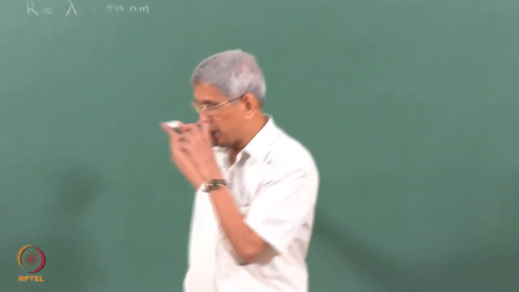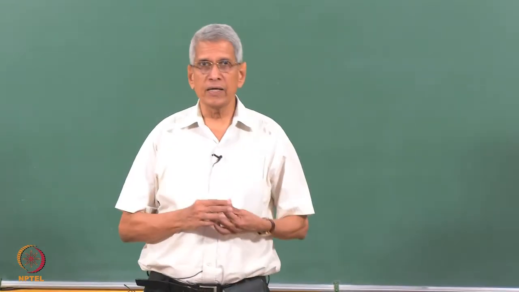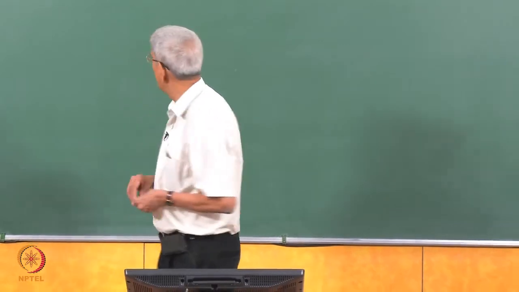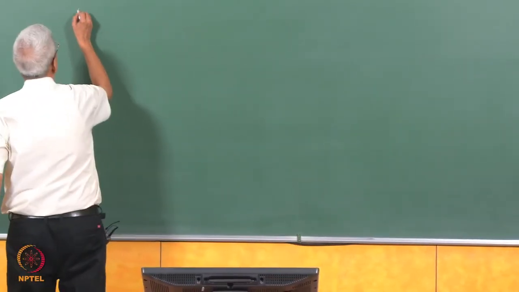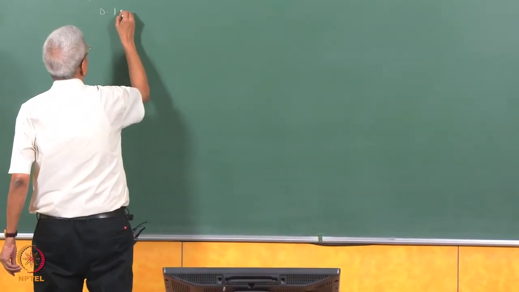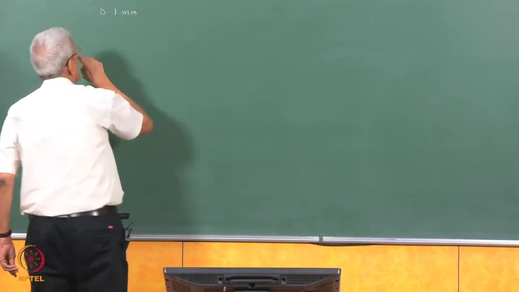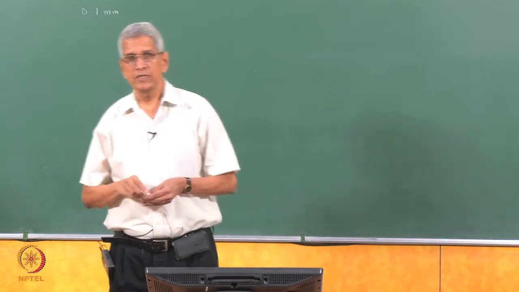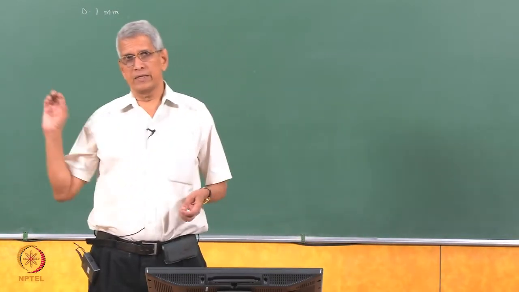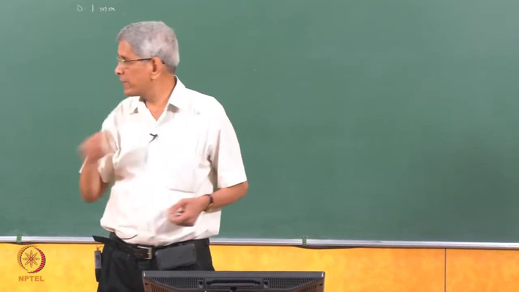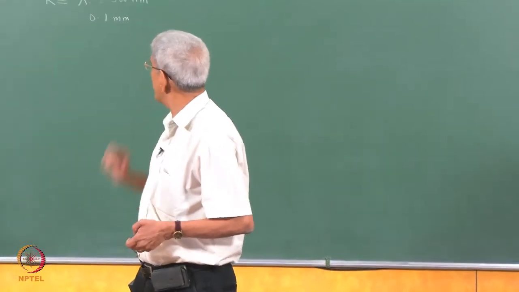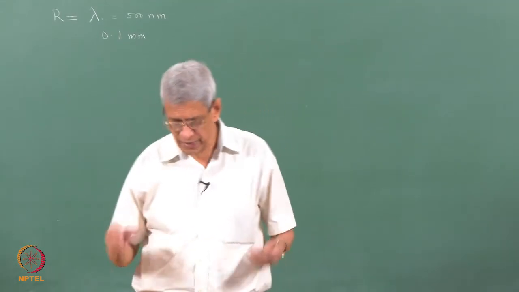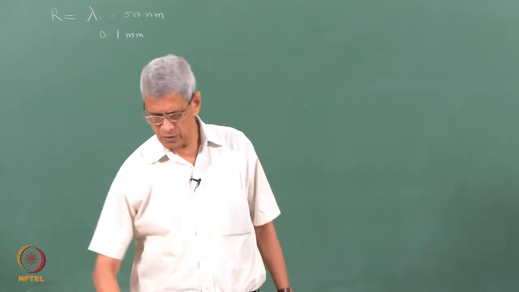Even in this room, when this light is falling onto this table, features of this order are essentially resolved, but our eye is not able to see them, because the resolving power of our eye is roughly 0.1 millimeter. To overcome this, we have to magnify those features so that the separation between them becomes greater than the resolving power of the eye. That is why we require a lens to magnify it.